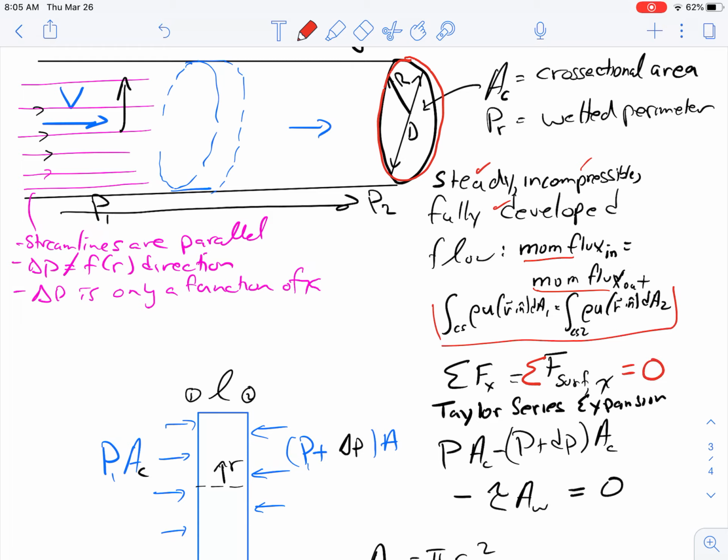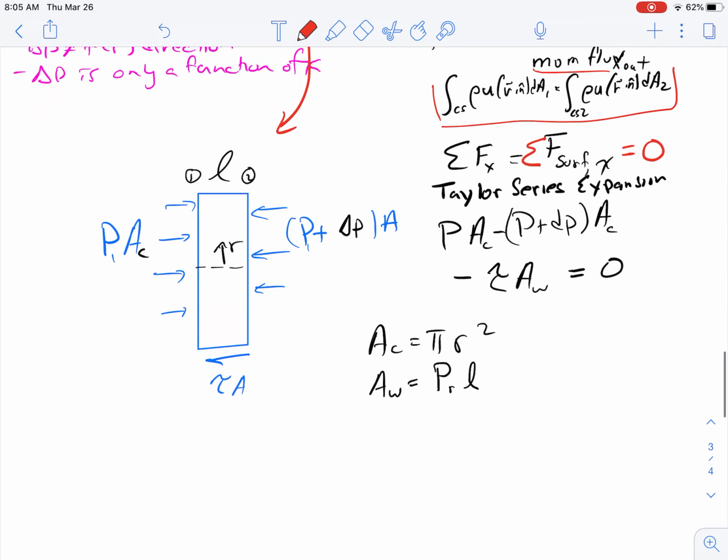Because there's no momentum flux in or out, and it's steady. So if we take a little slice in our little fluid element slice like we did in the PowerPoint slide, and then I'm going to bring it down here and look at this force balance on it, then our element has the pressure acting on both the left and the right sides, and the pressure on side 1 is going to be times the area will be that force, and then on the right hand side we'll have some additional